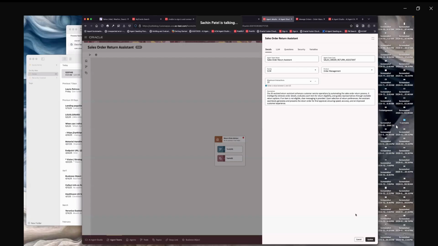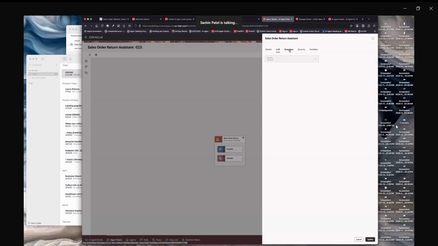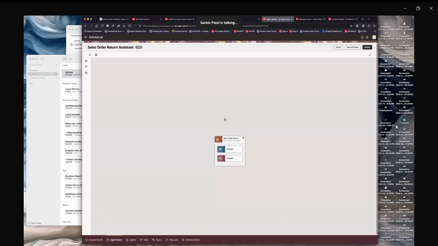This is something that JT went over, so I'm not going to go into a lot more detail. You can specify, or look at the large language model, have some starter questions, security, and some additional capabilities that we will be providing out here. So that's sort of the basic